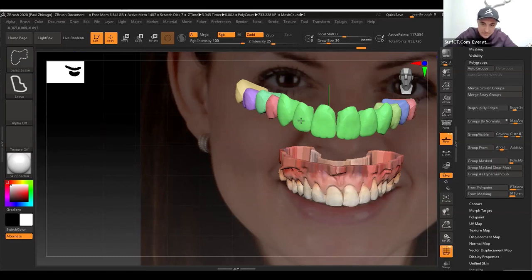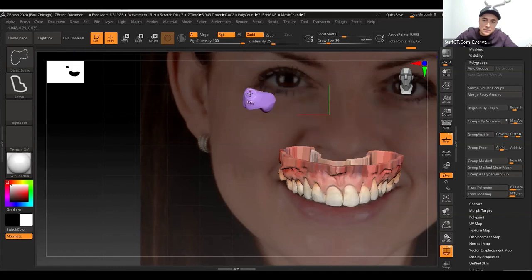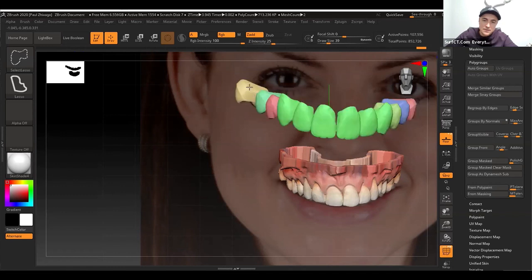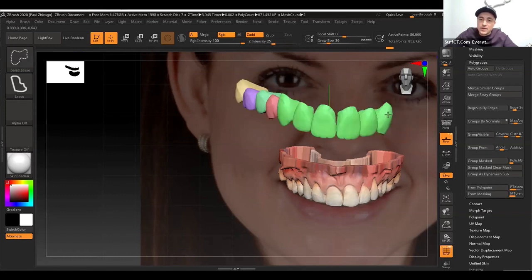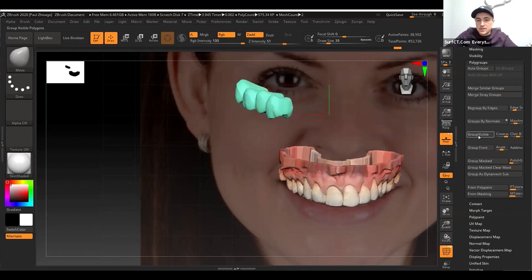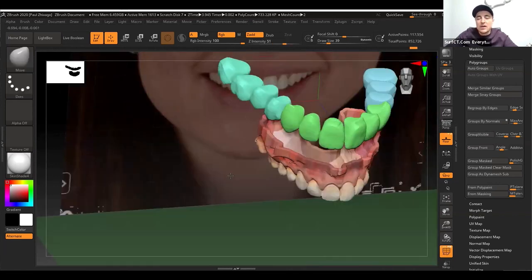Wait a second. Okay, one more time. Let's just click on these, and I group visible that one more time as well. And now I have already group visible. And if I click, now I have basically